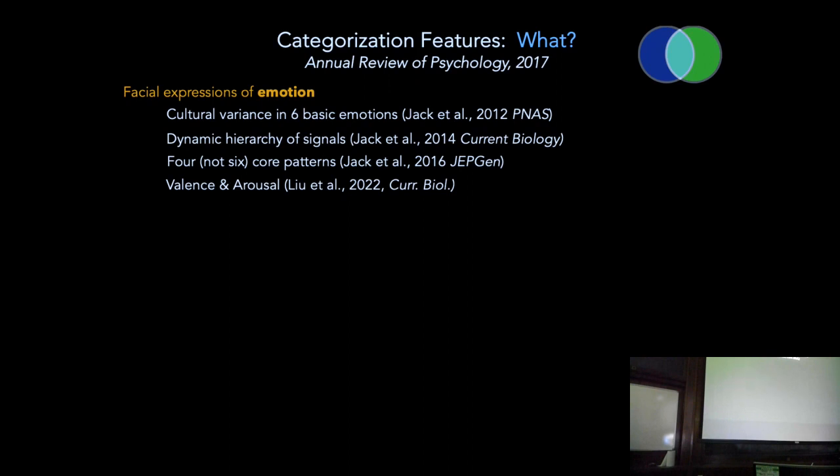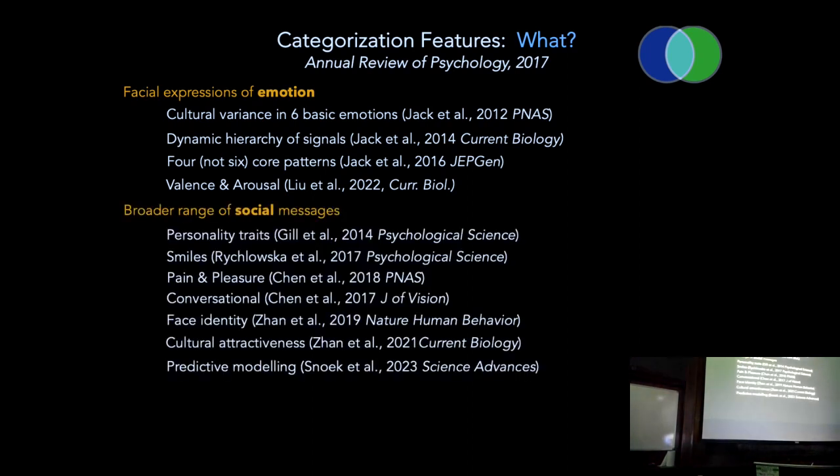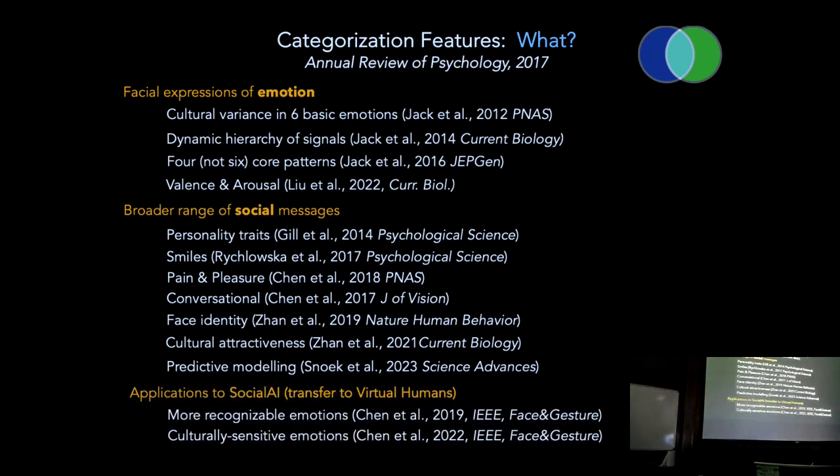So starting with 4 core patterns, expressing signals of approach avoidance, going later to categorizations of the refined emotions. We've looked at valence and arousal as well. Then we've also looked at a variety of social messages. As you can see, there's quite a lot. But finally, this is particularly interesting for people who have, like me, an interest between psychology and AI. Why? Because all of these models of facial expressions